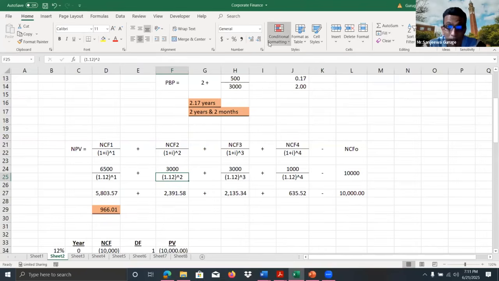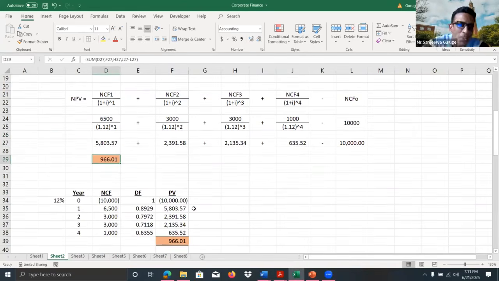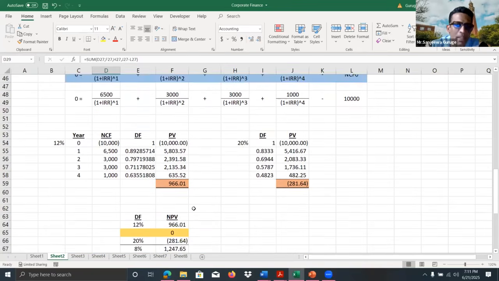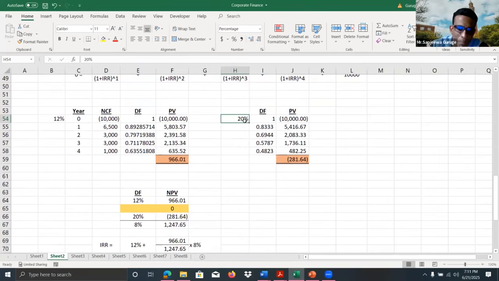Right? I've asked very basic questions, so you should not think bad about it, right? So it is definitely more than the cost of capital, because at the cost of capital it is positive, which means definitely IRR is greater than that. So we need to try a higher rate. So that's why, when we use 12%, now we may have to use a higher rate, 20%.